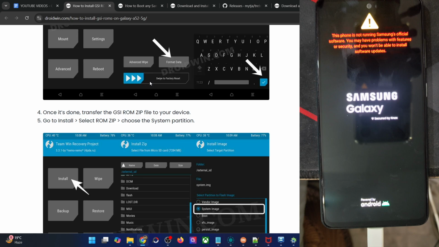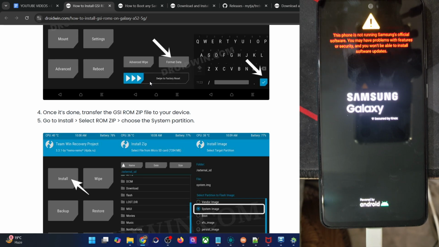And it might take up to around 10 to 15 seconds more for the boot logo to appear. So let's keep track of that, after which we will have a look at the ROM features as well, the GSI ROM. As of now, we have flashed the Evolution X ROM, but the steps are the same for all the GSI ROMs. So let's wait for a few more seconds and hopefully the phone should boot up to the GSI ROM